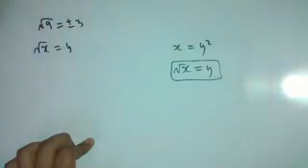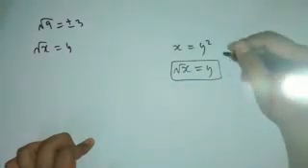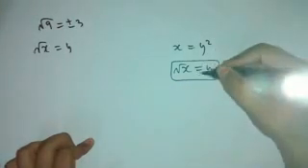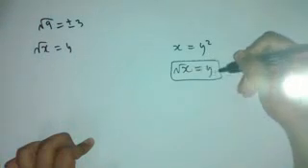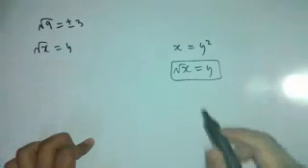For example, if we take x is equal to 1 as we took here, we got y as plus minus 1. But here when we took x as 1, we're getting y as 1. We're not getting y is equal to minus 1. So we're missing something in this equation.